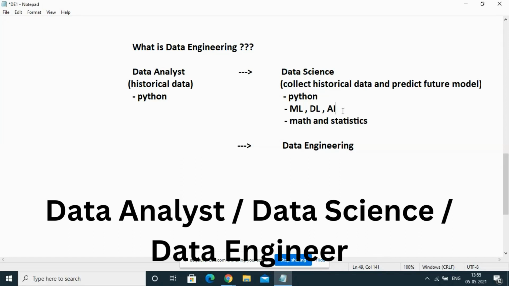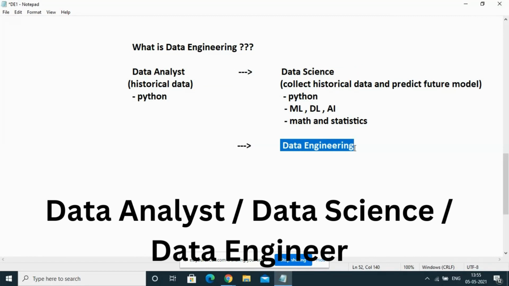When you're going to work as a data engineer, let me just write what a data engineer does. A data engineer's task is to deal with a large amount of data and derive insight from the data in an automated way. They are also dealing with historical data, but a data engineer mainly deals with big data, not the normal data or